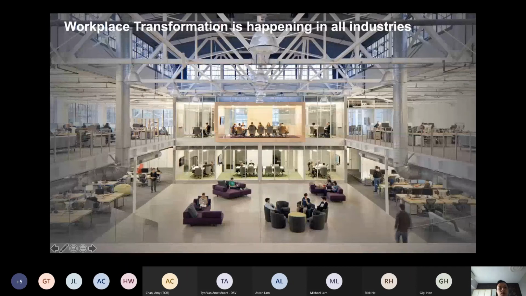So let's talk about workplace transformation, which is one of the hottest priorities that I have just listed. Workplace transformation is part of digital transformation. It's also, I would say, one of the byproducts of cloud adoption, because once you adopt the cloud, you can allow people to work from anywhere more easily. And COVID-19 also pushed it to be a hot topic in the industries. And it doesn't just apply to any specific industry. It applies to all industries from our observation.